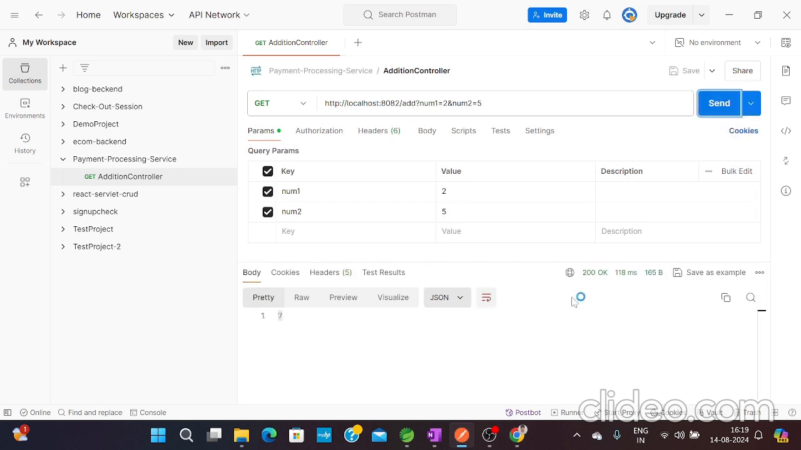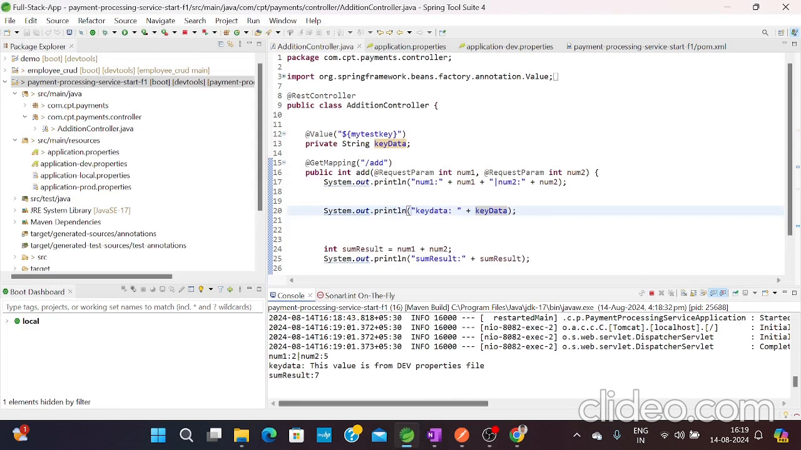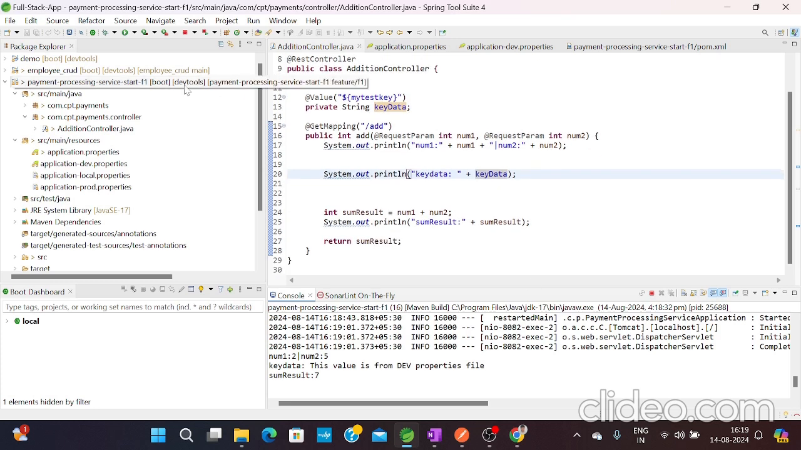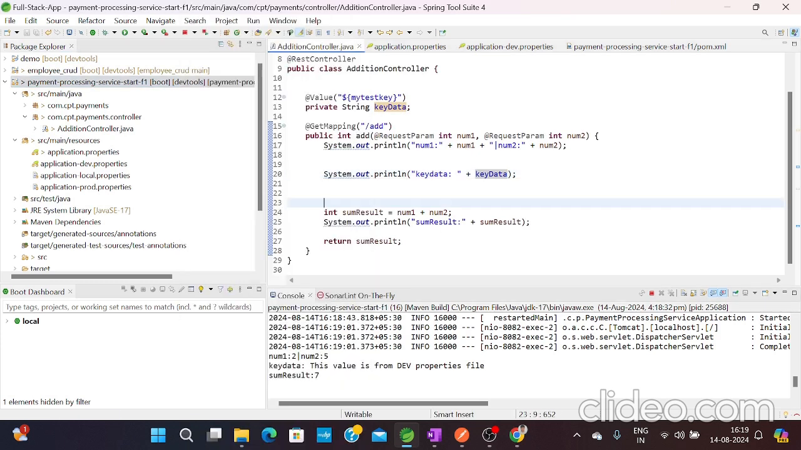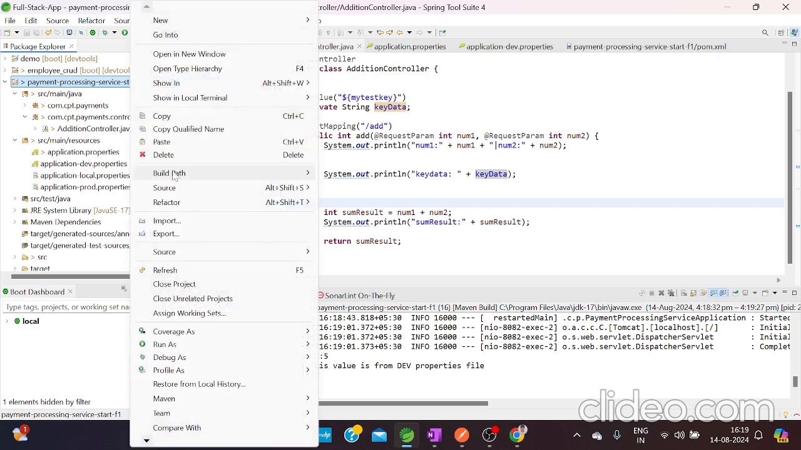Once I hit this, you can see here this value is coming from the dev properties file. If you go again here, if you want to take the value from the product properties, then go to the